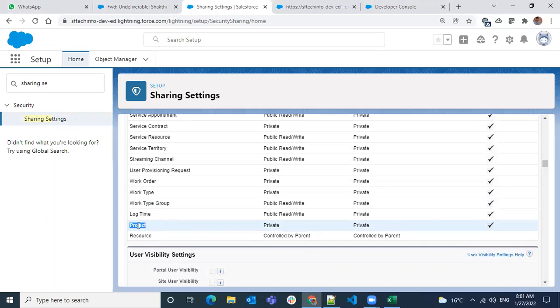When we're doing Apex sharing, we have to mention a reason why the record is being shared to a specific user or a specific group, because of region, because of same office, or any reason behind sharing a record. And in the future, if you don't want the records to be shared with that sharing reason,